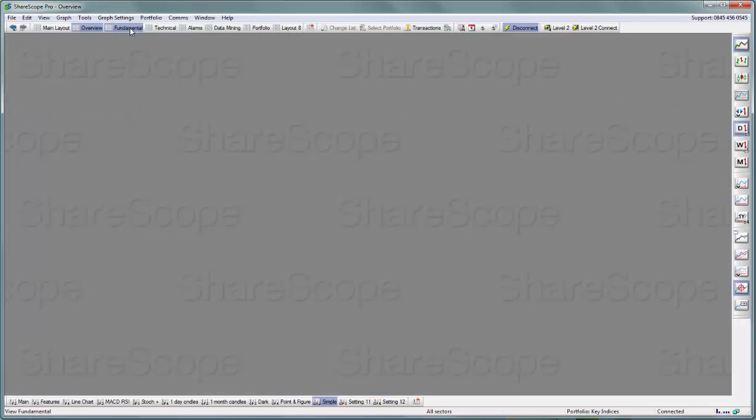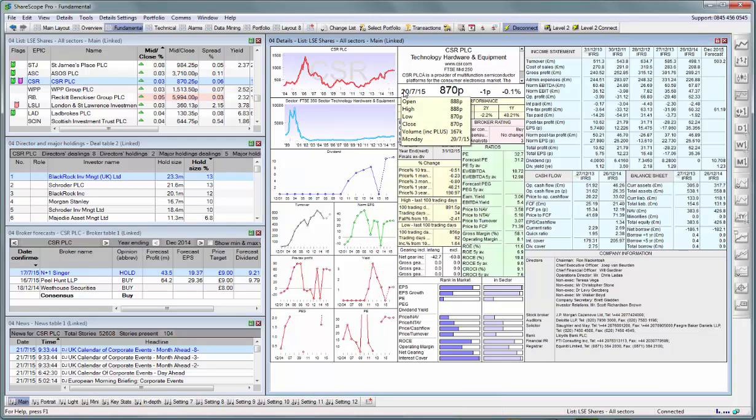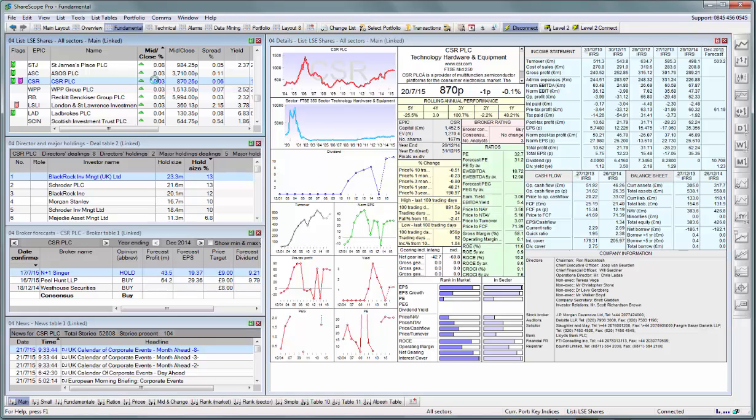Following on, we have the fundamental layout. Now, this layout is designed to look into the actual financial details of a company. On the right-hand side, we'll see there's a much more in-depth view of the detail screen with a lot more information and data. On the top right, we have a list, just as we had on the main layout. We can just click on items, or we can search by typing the name of a company directly into the keyboard. So if I want to see GlaxoSmithKline,